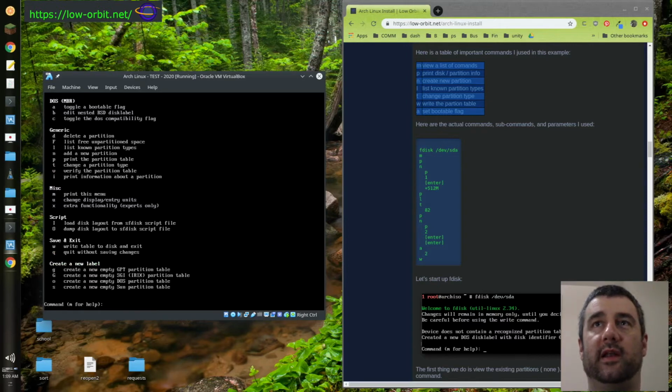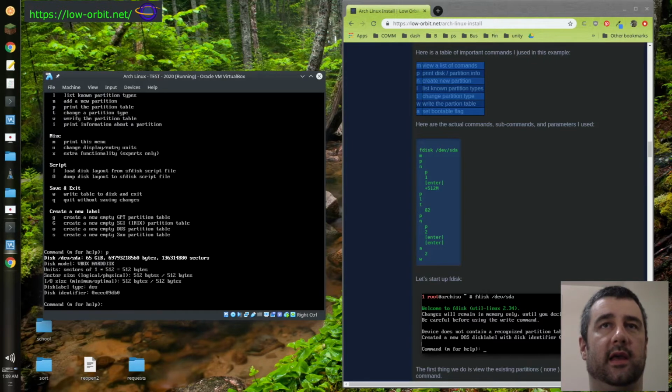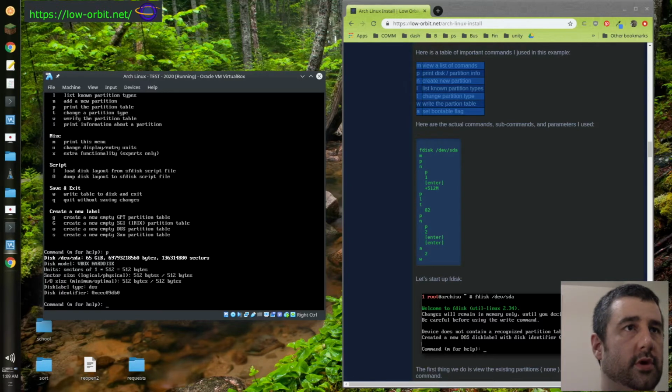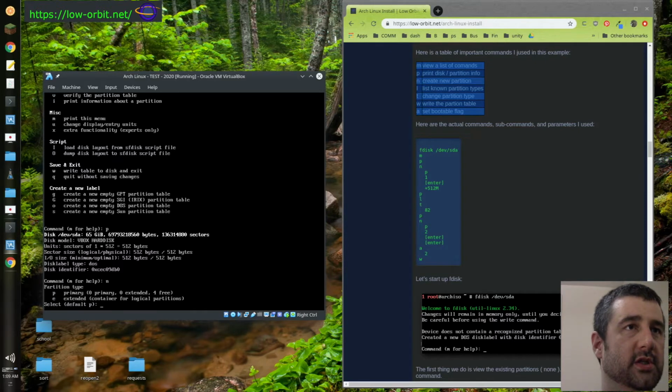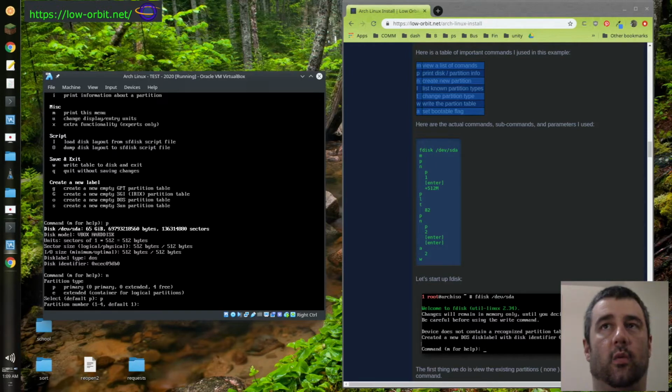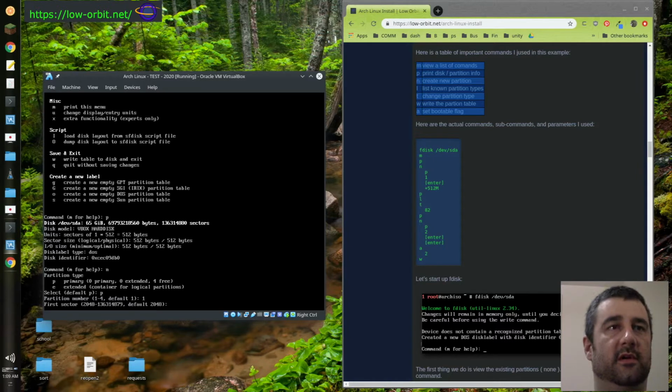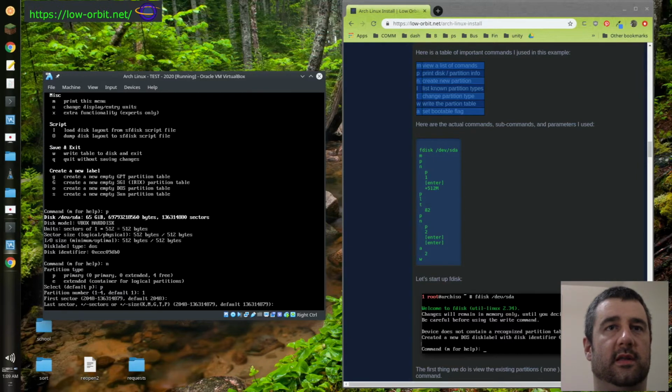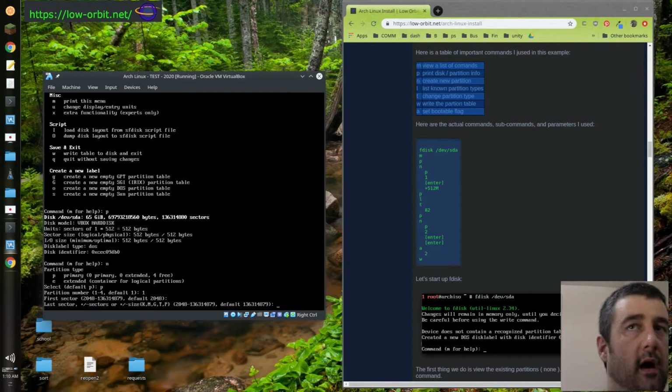We don't care about any of that at the moment though. So P for creating a new partition. And let's see here. So we are going to P to print, N to create a new partition, then P for primary, and then we're going to say 1 for the first, and hit the default starting at that first sector, and then the last sector. So we're going to say plus